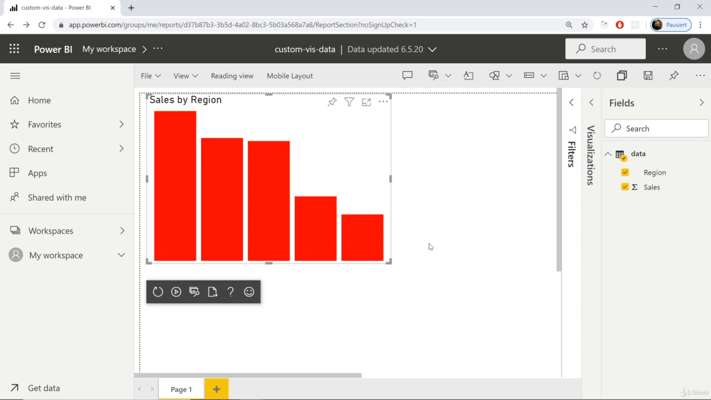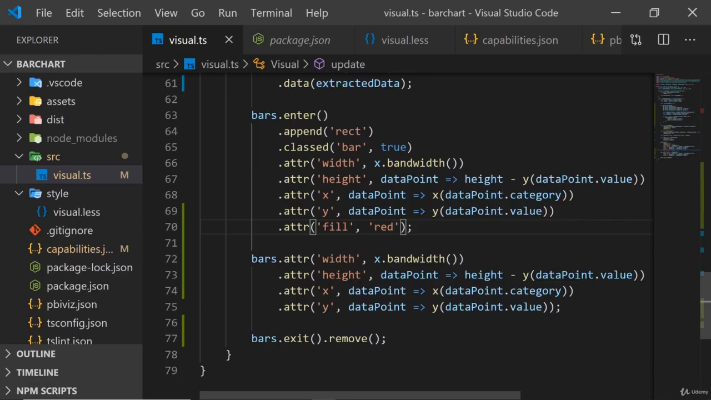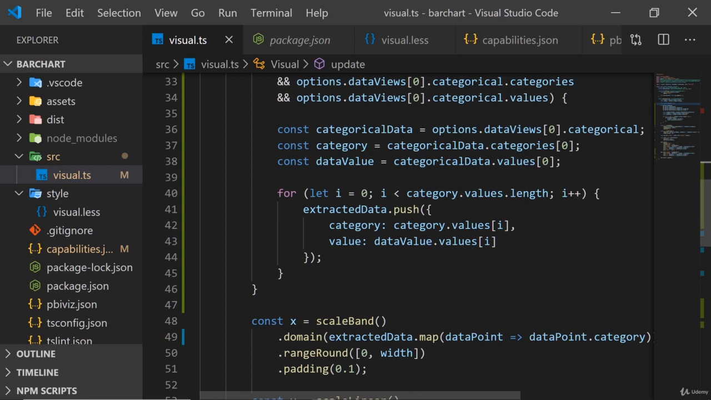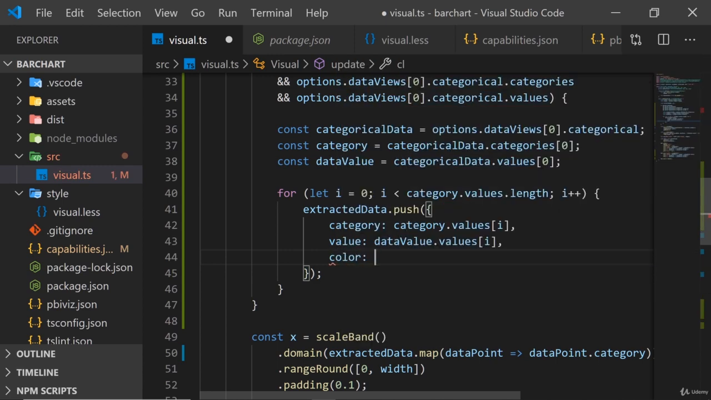But I don't want to have red colors here. Instead, I want to get the colors by Power BI. And that is thankfully also something that is relatively easy to implement. We could add color information to every data point we store in extracted data. So here, when we push a new data object with category and value, we could add a new color property here to store the color for this data point right next to the other data point value we're working with